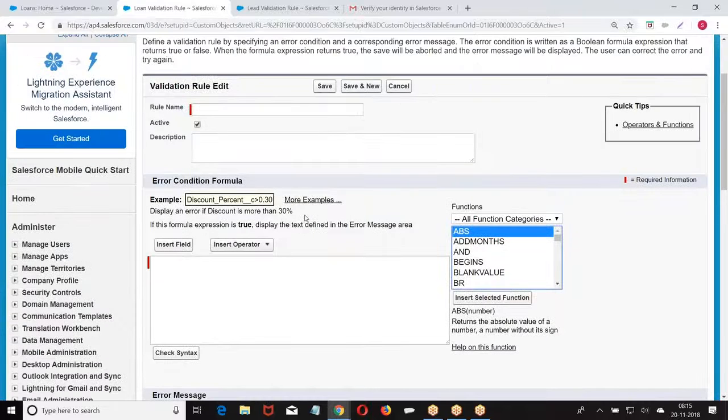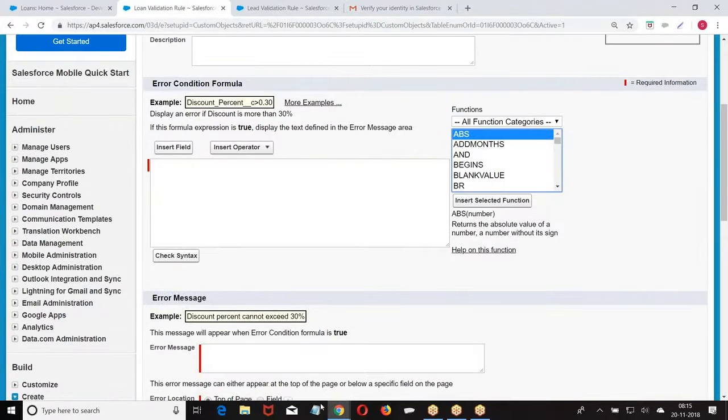Satish, can you differentiate the isChanged and priorValue functions? Both go hand in hand.